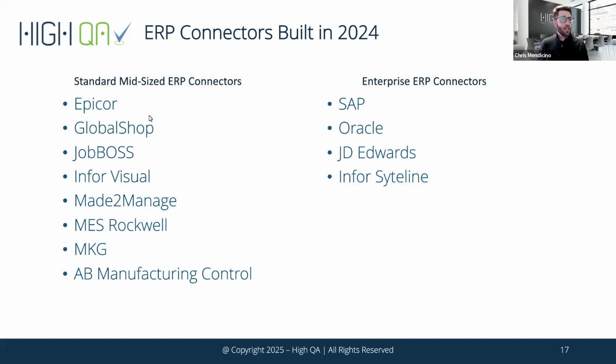But yeah, we targeted some of the main ERP systems we've seen in the market. SAP was a big one for enterprise organizations, but these top 4 here, by our estimations, cover about 80% of what we see in the market. And then there are some other ones down here that we've started getting into, especially MKG. That's a huge one in certain European countries and such. I don't know exactly who we have on the call here, but